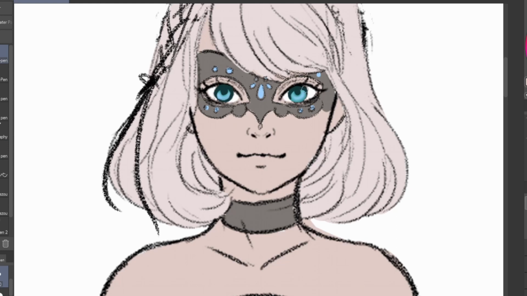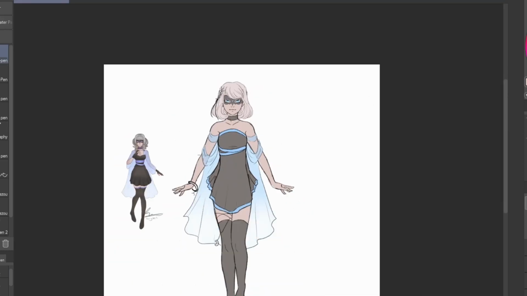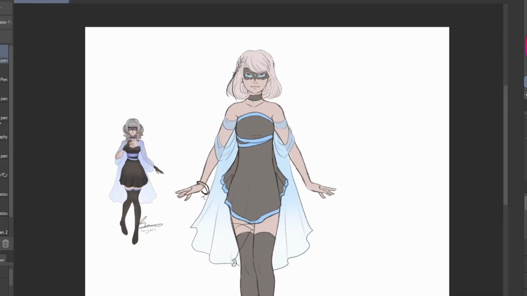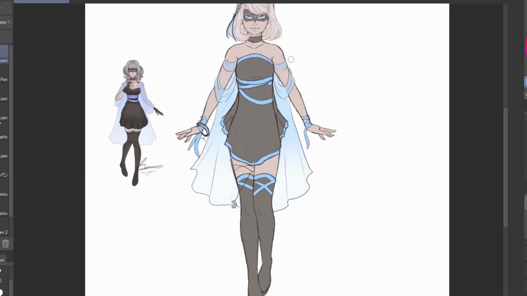So you have your design, you have your colors, but something's missing. Let's add some finishing touches. For Luna, I tried out a few different things, but ultimately I just added some ribbons and a few accessories. It's really easy to go overboard in this part, so you need to remember what the purpose of this character is and what you're planning to do with it, which, now that I think of it, is something I probably